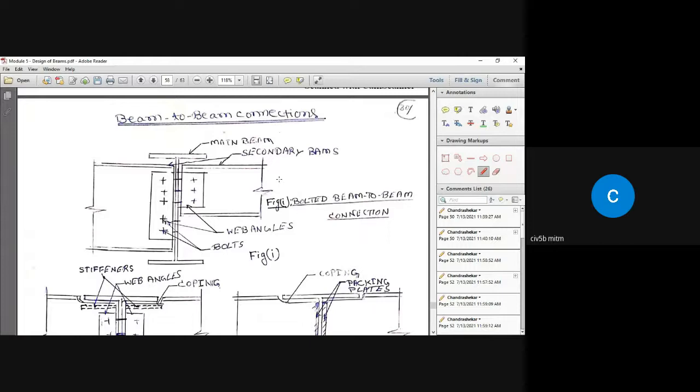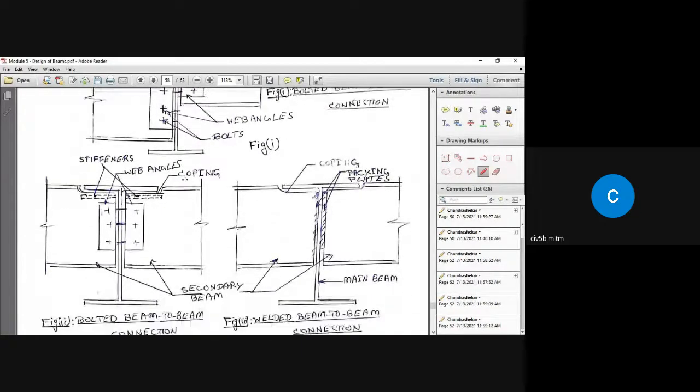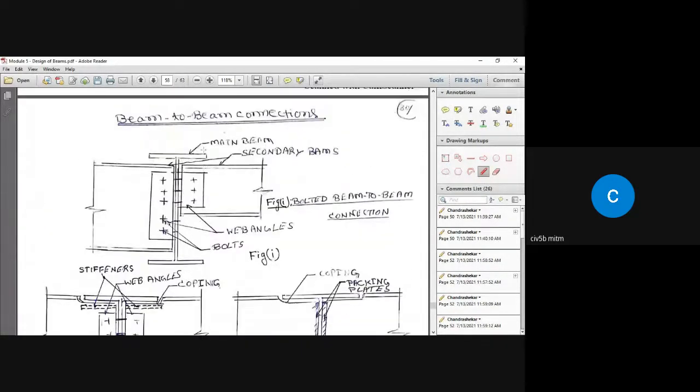You are going to see it. Then by drawing the figure step by step, you will get some idea on how the connections are made. Okay. So there are different types of connections. That is beam to beam connection. Again, this is beam to beam connection. This is the main beam, that I section, which is also called a girder. And there are two beams coming and sitting on the main beam. So those two beams are secondary beams.